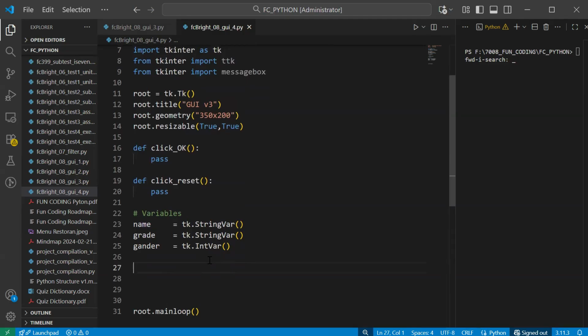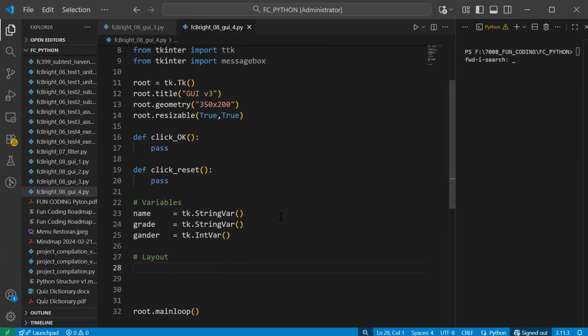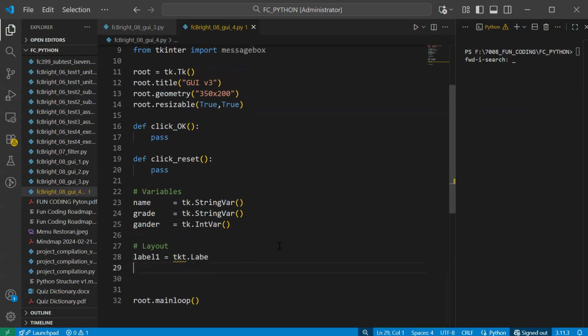Okay, you just code that, and then continue with the layout. For the layout here, you make a label 1 as the label. Don't forget the parameters here: the root, comma, the text. It should be ttk, not tkt.